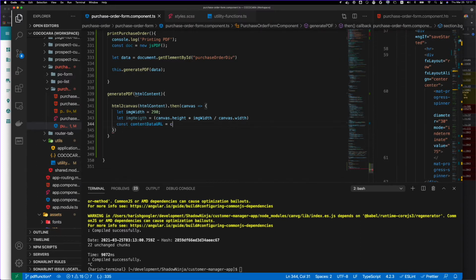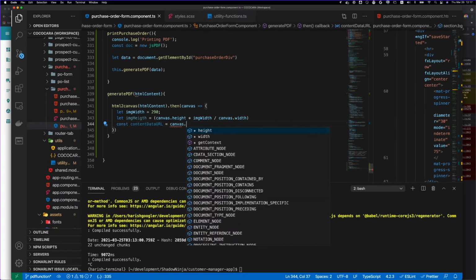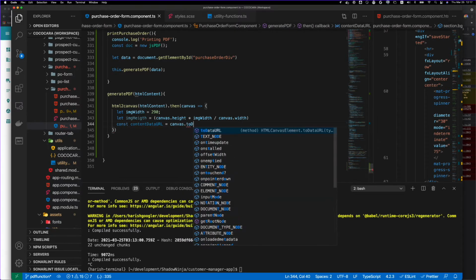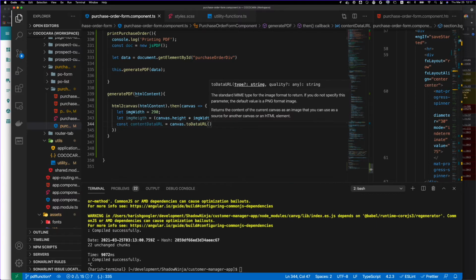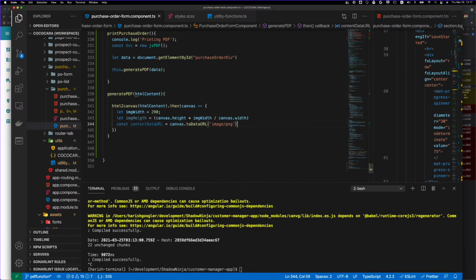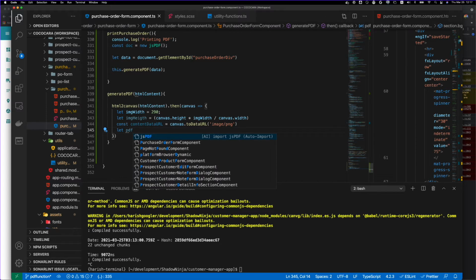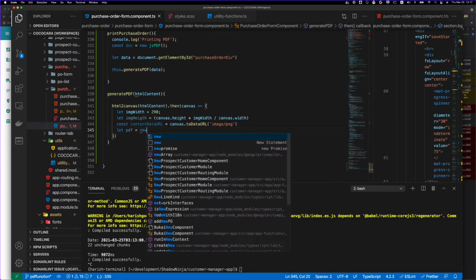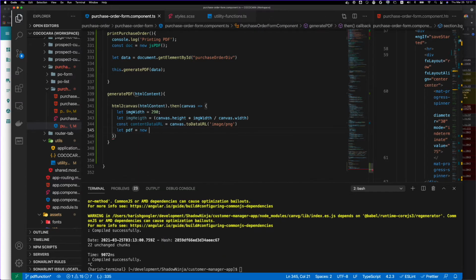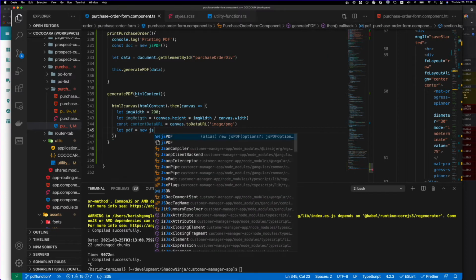For that, we can write canvas dot to data URL, and then what kind of data you want. I want an image PNG type, and then we can create the PDF object by passing these options to jsPDF